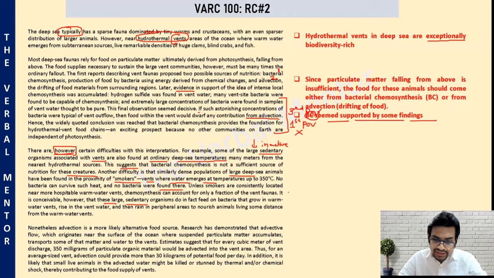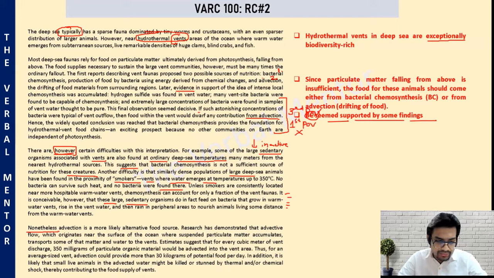So basically, he says that it can be conceived that the extremely hot vent is not a hospitable climate for large animals, and the large animals may reside there because nearby is another area of warm water which is hospitable for these animals, and bacteria are present there. The food produced through this bacteria gets drifted to more hospitable surroundings where these animals can survive. So, it is conceivable. However, nonetheless,